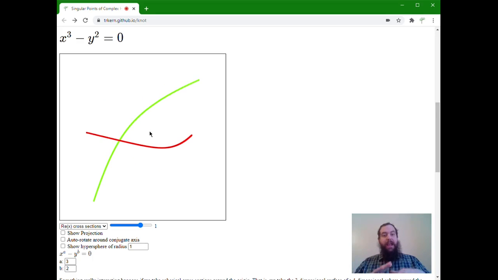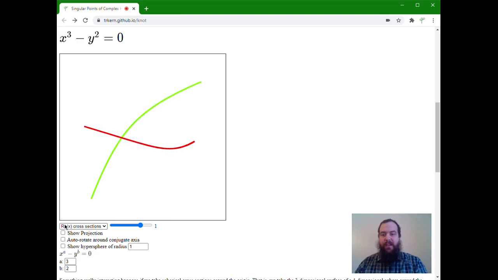So we're looking at a 2-dimensional subspace of 4-dimensional space, and one way of visualizing subsets of 4-dimensional space is by taking cross sections. What we can do is fix part of one of the coordinates, right? One of the coordinates in terms of the 4 dimensions, and it's going to be either the real part or the imaginary part of either x or y. Then from that we can determine the possibilities for the rest of the coordinates. So here, in this graph, I have fixed the real part of x to be equal to 1, and then